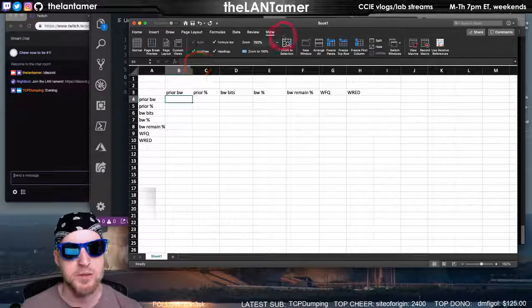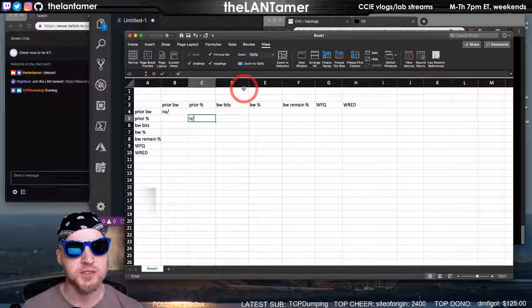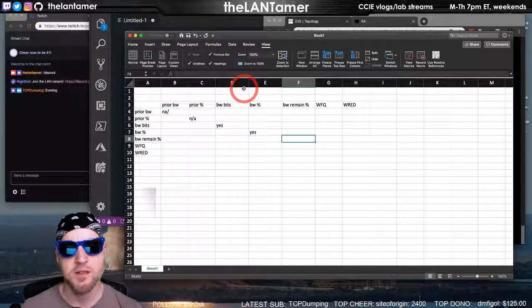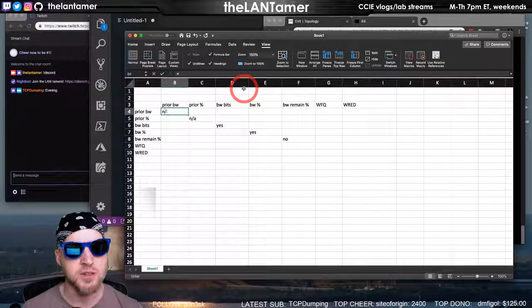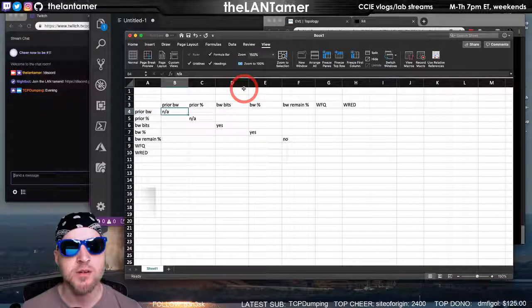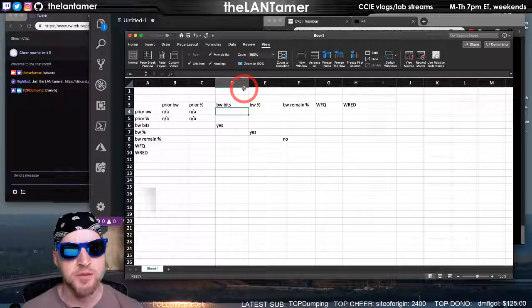All these tools are at our disposal. These do not go together. These do not go together. These work, yes. Yes. No. So, because except on some platforms, you're only really going to work with one priority queue per interface. So I'm going to put NA here and NA here, right? Because of having the single queue.